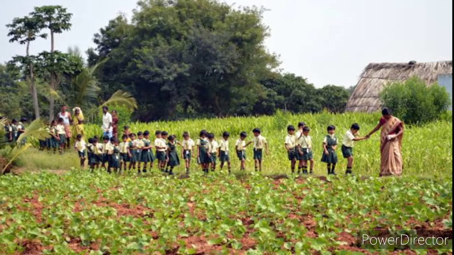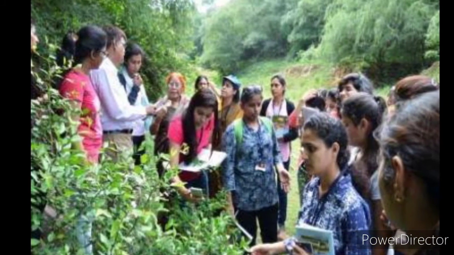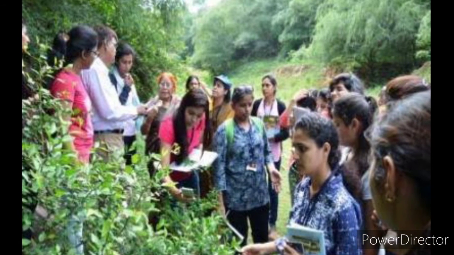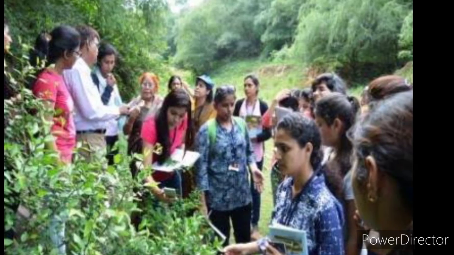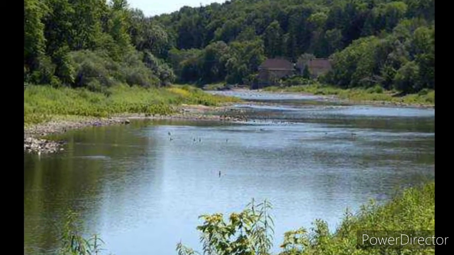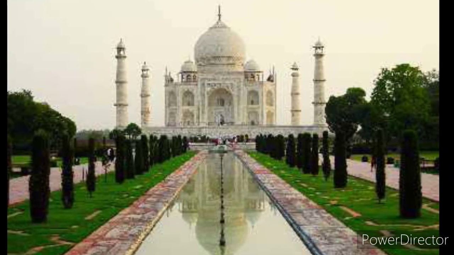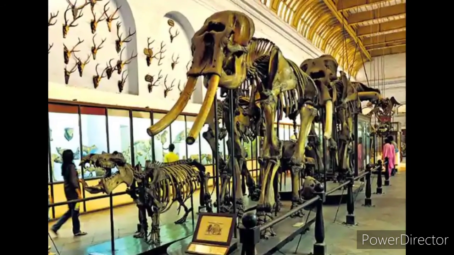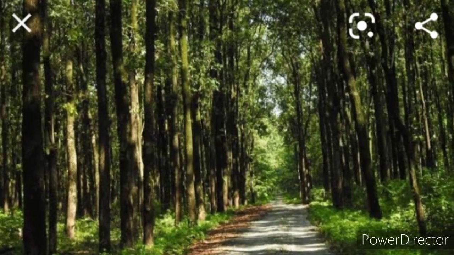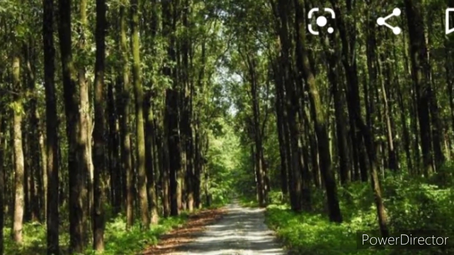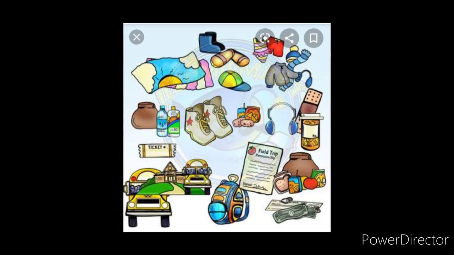Selection of the study area. Geographical field visit is organized for study of various elements. For example, we can visit physical landforms, river banks, dams, coastal areas, tourism sites, offices or museums related to geographical elements, villages, forest areas, etc. Elements should be selected after studying the local conditions and necessary permission letters have to be obtained.